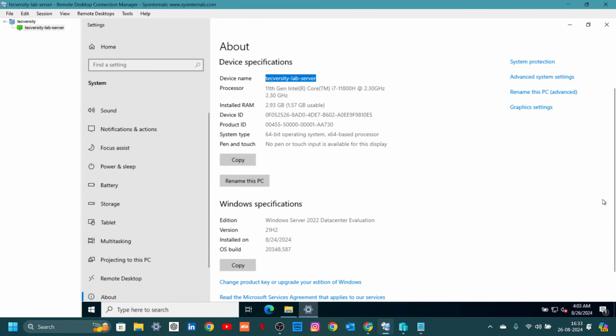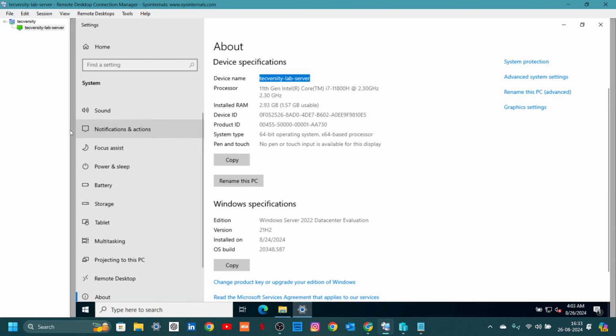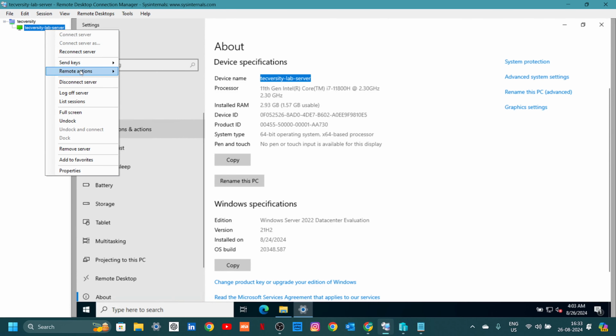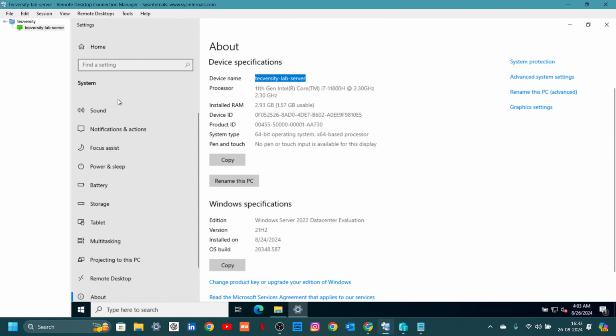See, now there are no horizontal or vertical scrollers. Everything about that particular virtual machine is visible in this small space. Now if you want to increase or decrease, there will be a slight difference, and then you just need to right click again and click on reconnect server, and it will fit into that available space. So that's a very good option, because even if you are using a 4K monitor on the other end, it doesn't matter, because ultimately it will try to fit into the space